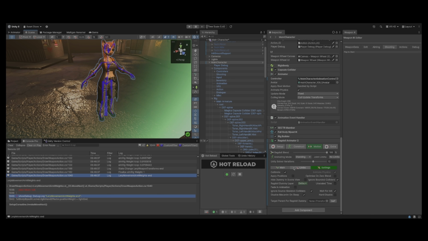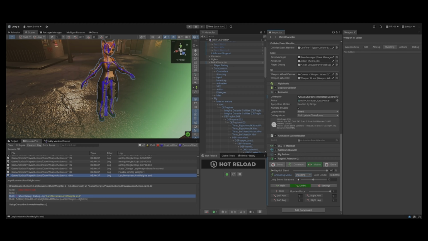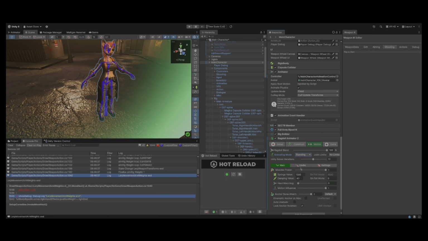The key here is muscles power. If you decrease this to 0, then the actual spring value between the muscles pretty much makes the body go limp, and that's how you do a good ragdoll. And if I was to do a ragdoll out of the box on my own,